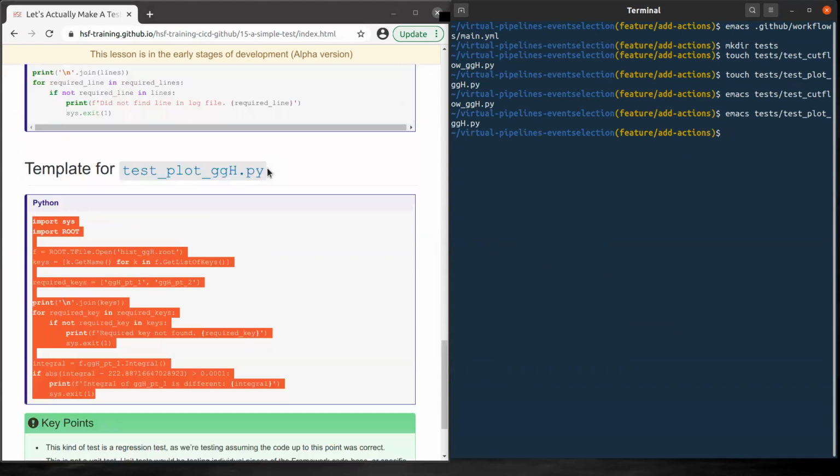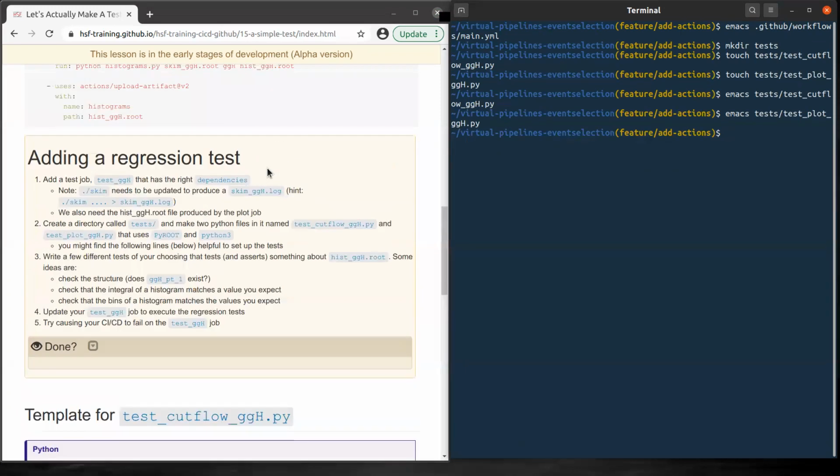Okay, now we have added these two scripts. And if you want, you can go further and try to add other tests, such as use a set or check some structure inside.